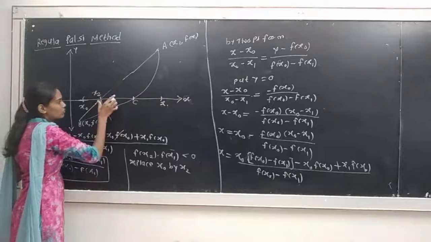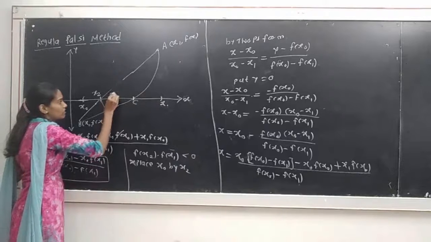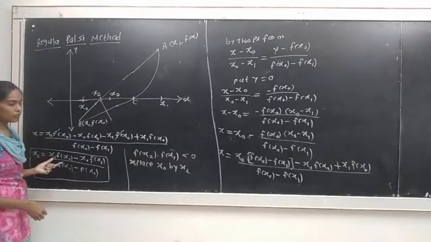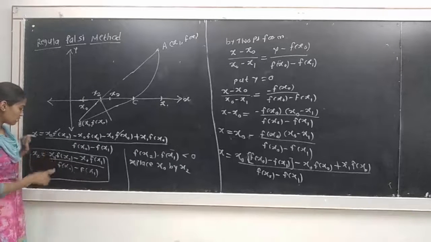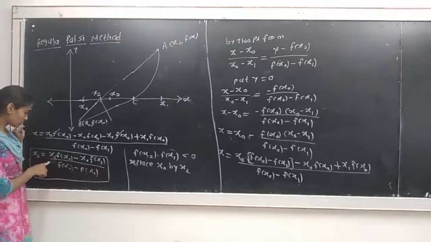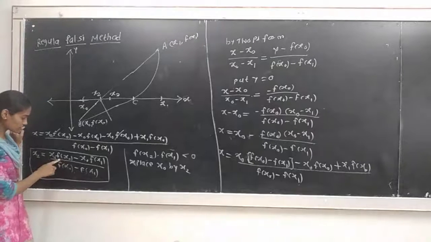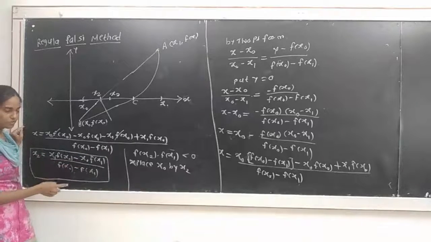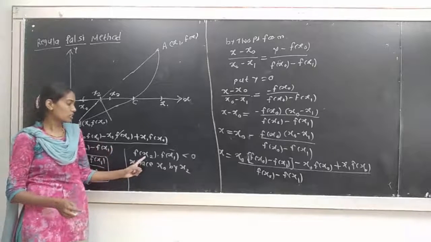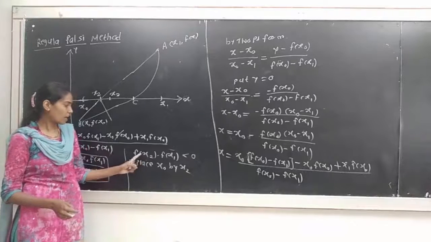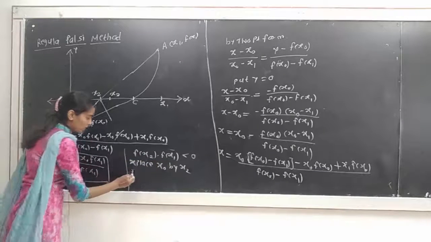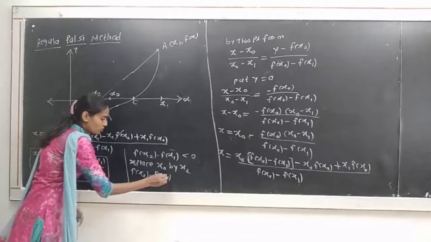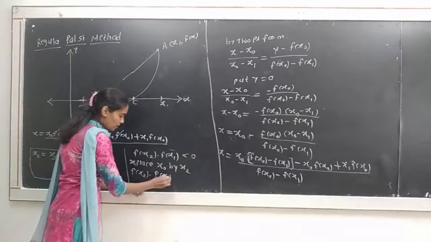In this interval we get the next approximation. Suppose we consider it as x3. We have to find that approximate root by using this formula. Here we have to only replace this x0 by x2. And suppose f of x2 into f of x0 is